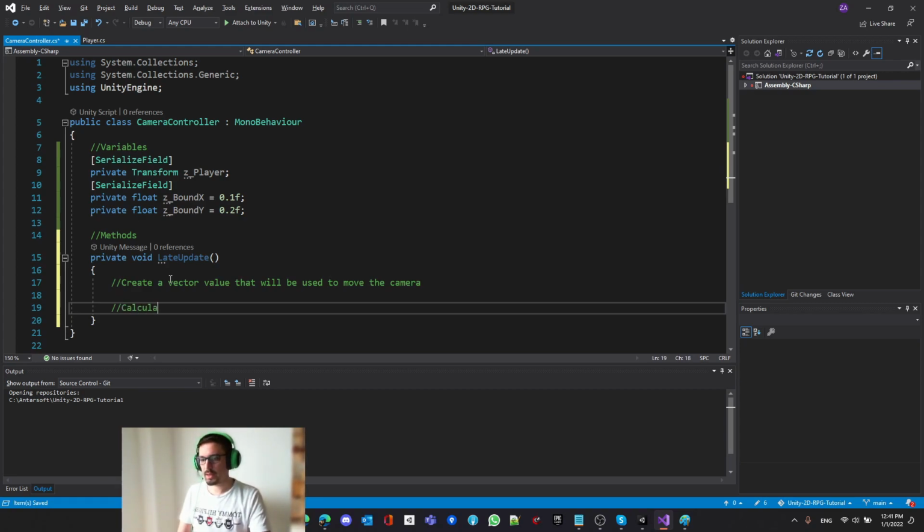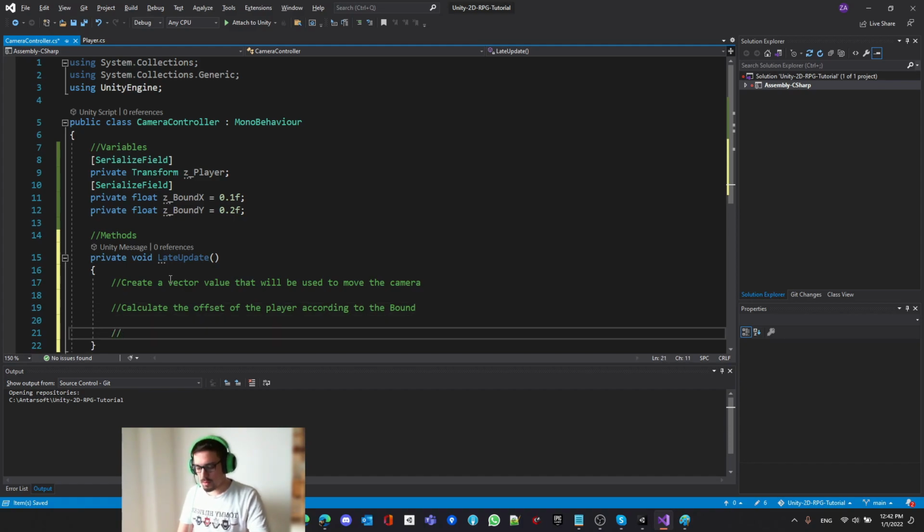And then we're going to have to calculate the offset of the player, how we can say offset according to the bound, right? That means we're going to see if the player went left or right or up and down. And then, what's the best name to call it? Apply the offset to the created move vector depending on the direction